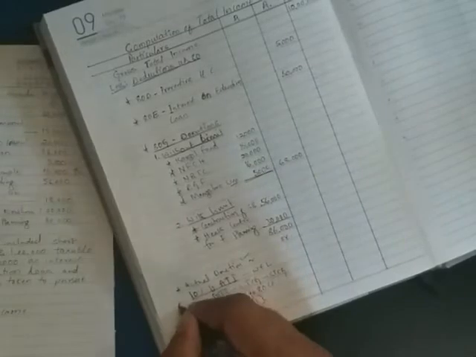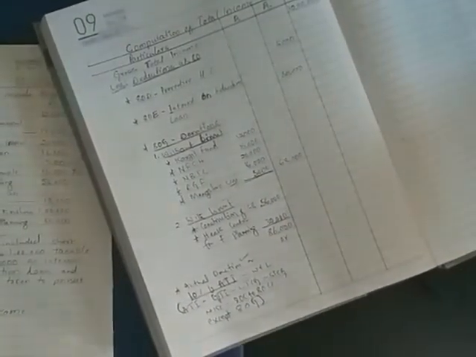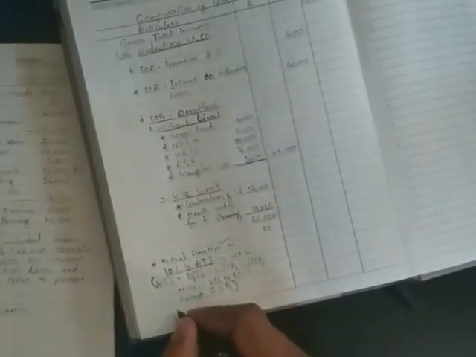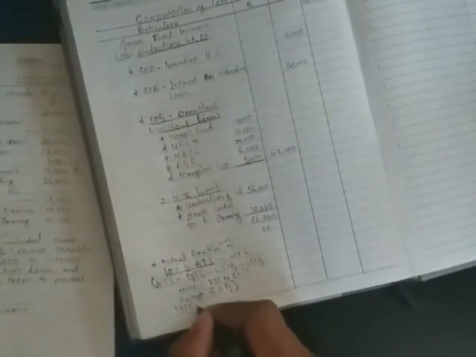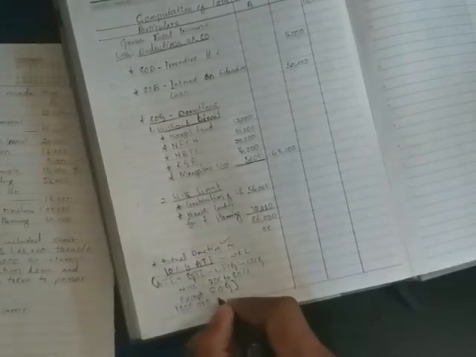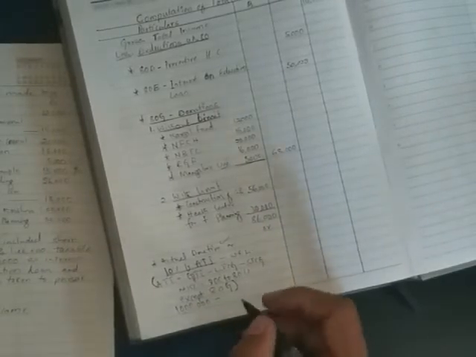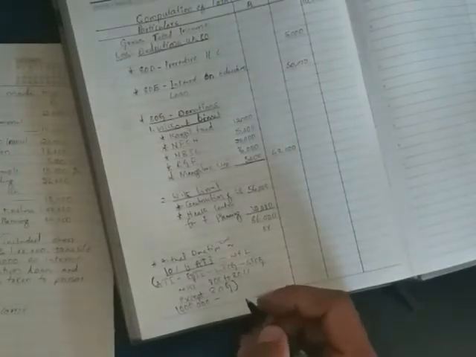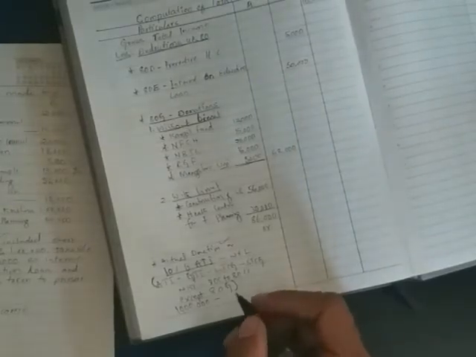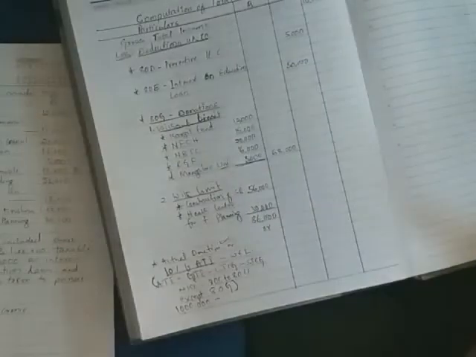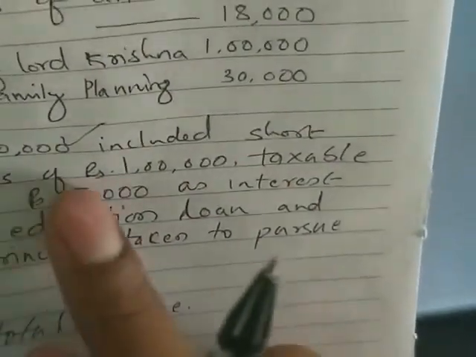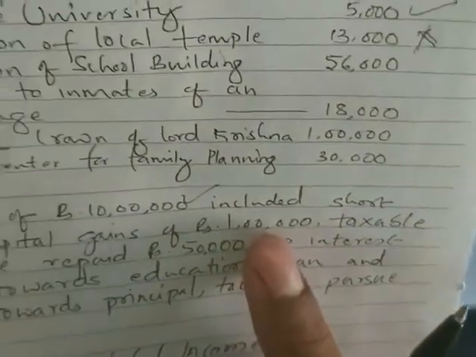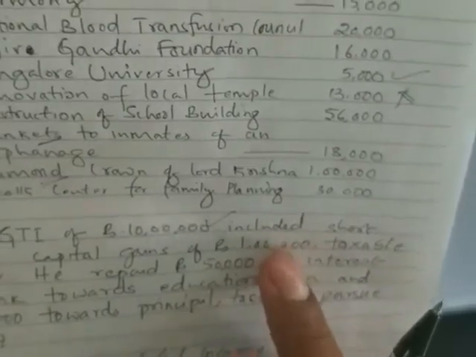This is the formula as per the income tax rules provided. So when we apply this formula, first we will have to take the gross total income. What's the gross total income? 10 lakh. That is already given in the question at the beginning, 10 lakh minus LTCG amount. If we have any long-term capital gains earned by the assessee provided in the question, then that should be deducted. So it is not available in the question, so don't worry about that. Then comes STCG at 15%. You see in the question we are given short-term capital gains of rupees 1 lakh, received by this assessee.